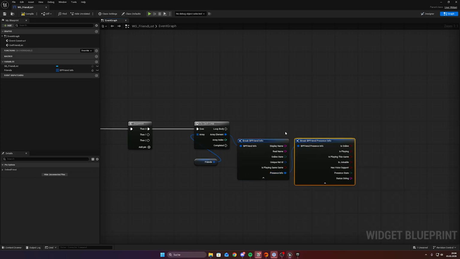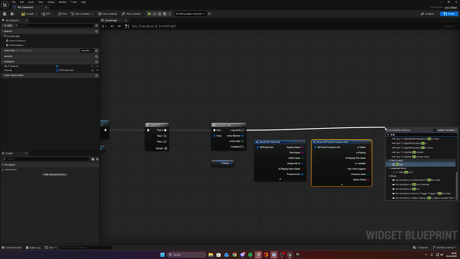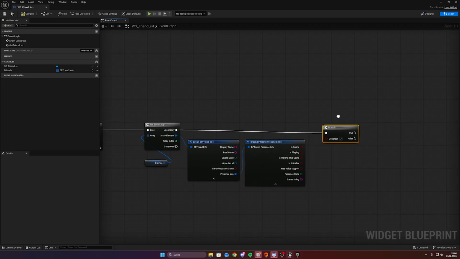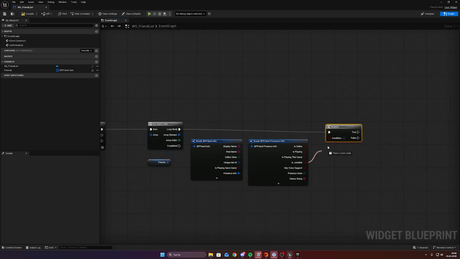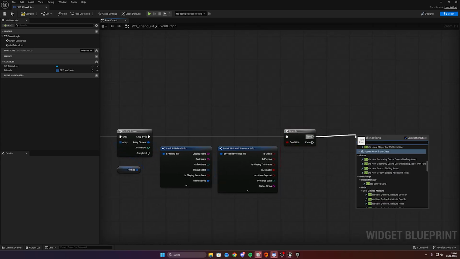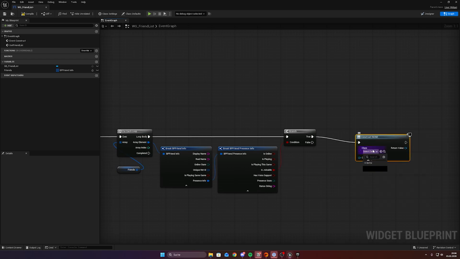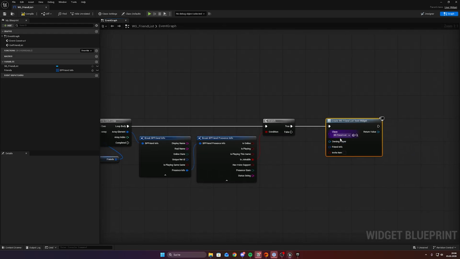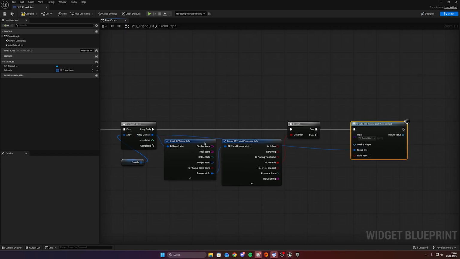And we're going to create a branch for the first loop, because we are only going to populate it if the player is joinable, so all the joinable friends are at the top. And now we're going to create a widget class, friend list item. And because we have exposed these variables, we can now put the friend info, we can plug it into the